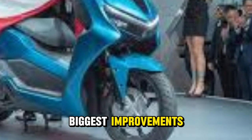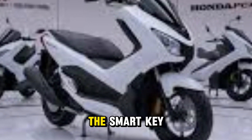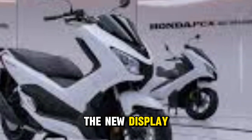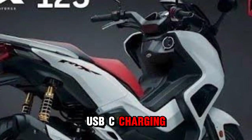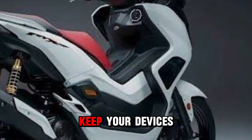One of the biggest improvements comes in the form of the Smart Key system and updated LCD instrument cluster. The Smart Key means no more fumbling with a physical key. Just keep the fob in your pocket and you're ready to go. The new display offers clearer readouts of your speed, fuel level, trip info, and more, with a stylish and user-friendly layout. There's even a USB-C charging port conveniently located in the front glove box, so you can keep your devices